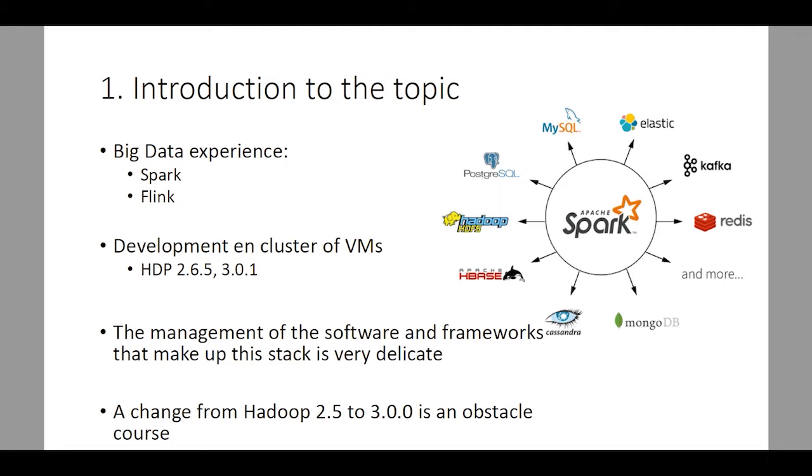But we are confronted with evolution needs that we cannot implement because their costs are too high. The consequences are sometimes difficult to consider. We use different Spark versions, and also different versions of HDP virtual machines.